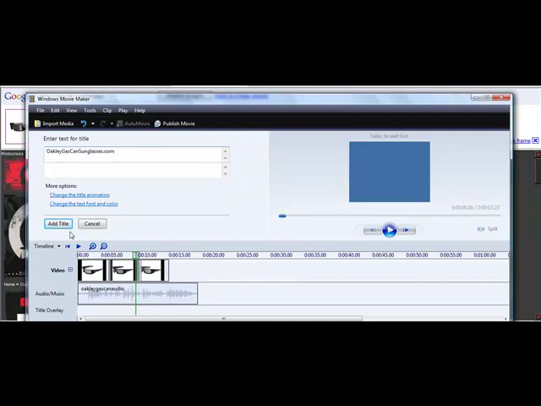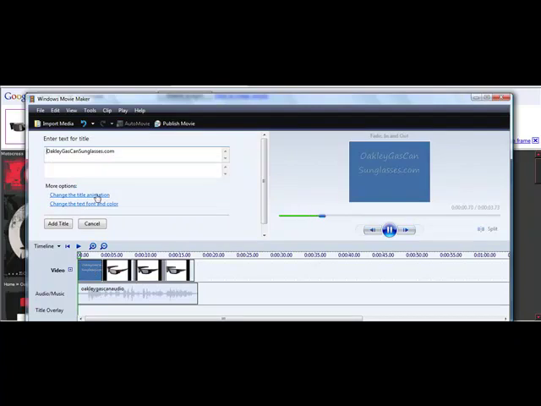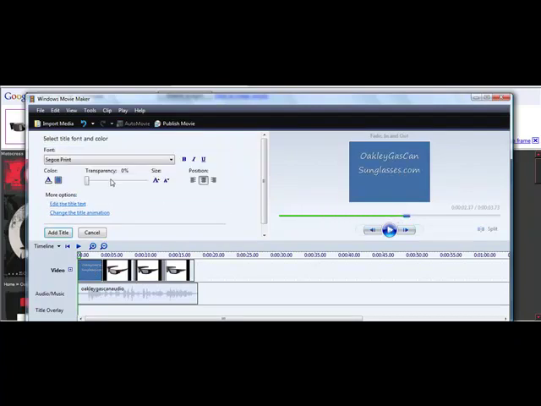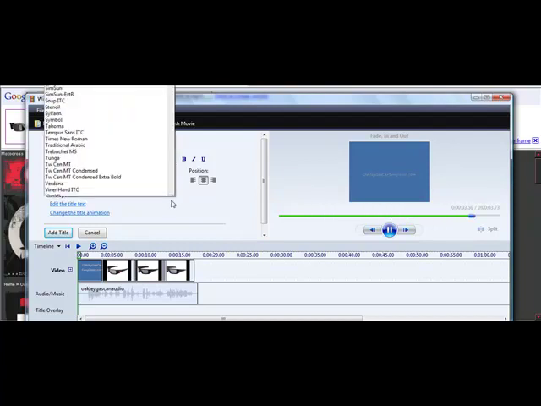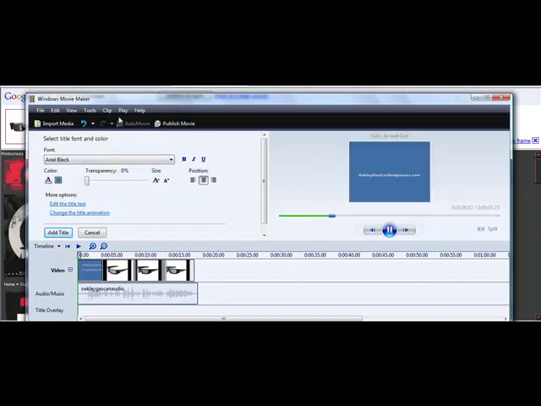And then click on add title. Now you can come right over here to the title and double click on it, and you could actually change the text font if you wanted to. Like if you want to make the font smaller so it actually shows up a little bit better, you could do that. And if you want to change what the font looks like, let's say you want to change it to a more natural, like maybe Arial Black for example,